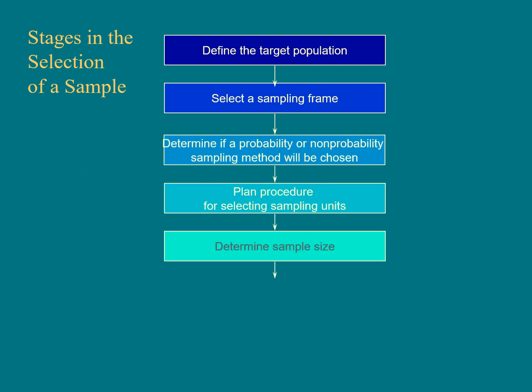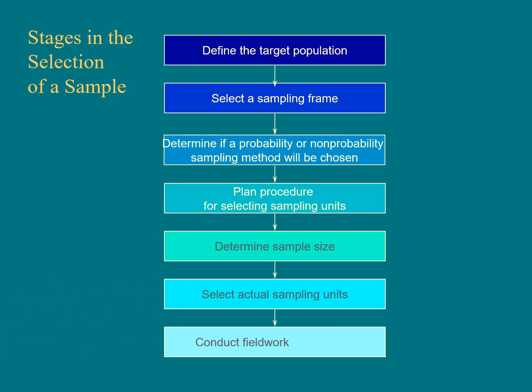Stages in the selection of a sample. Before taking a sample, the researcher must make several decisions. This exhibit presents these decisions as a series of sequential stages, but the order of the decisions does not always follow the sequence. These decisions are highly interrelated. The issues associated with each of these stages,